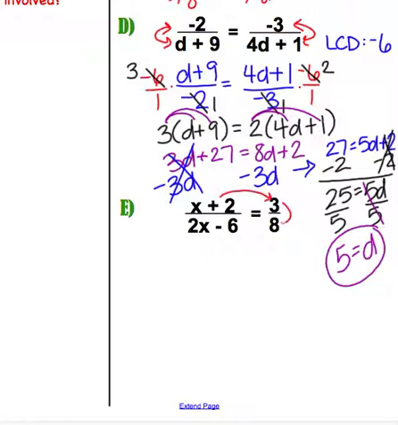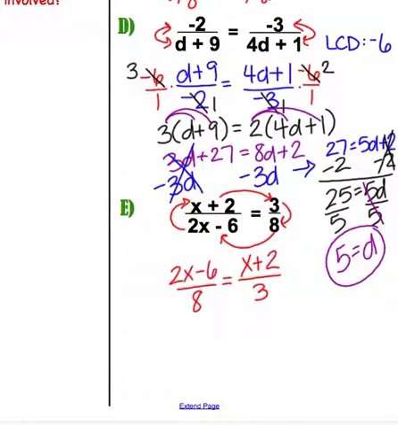So what we're actually going to do is we're going to fully rotate this whole term clockwise. So that means that we're going to end up with our x plus 2 on the top on the right-hand side. Our 3 is going to go on the bottom. And then our 8 is going to come over to the bottom on the left-hand side. And our 2x minus 6 will go to the left on the top. Now when we take a look at this, our LCD for this example is actually going to be 8 times 3, which is 24. So when I multiply by 24 over 1 on both sides,